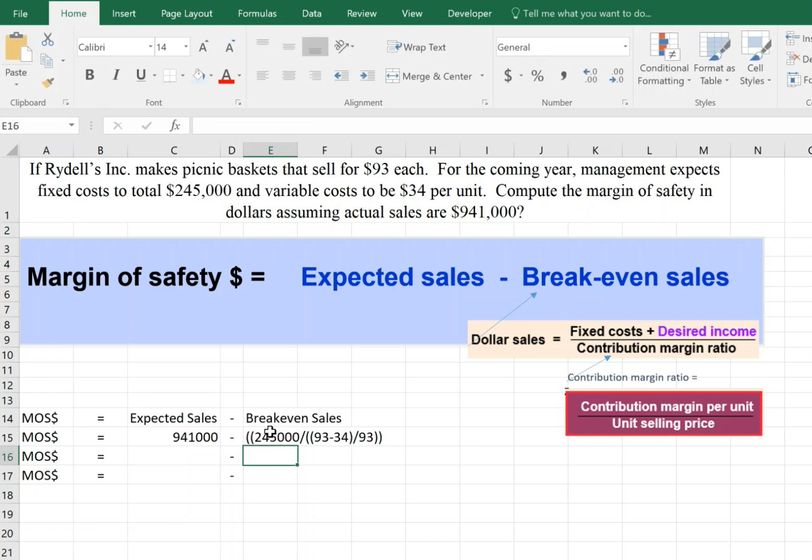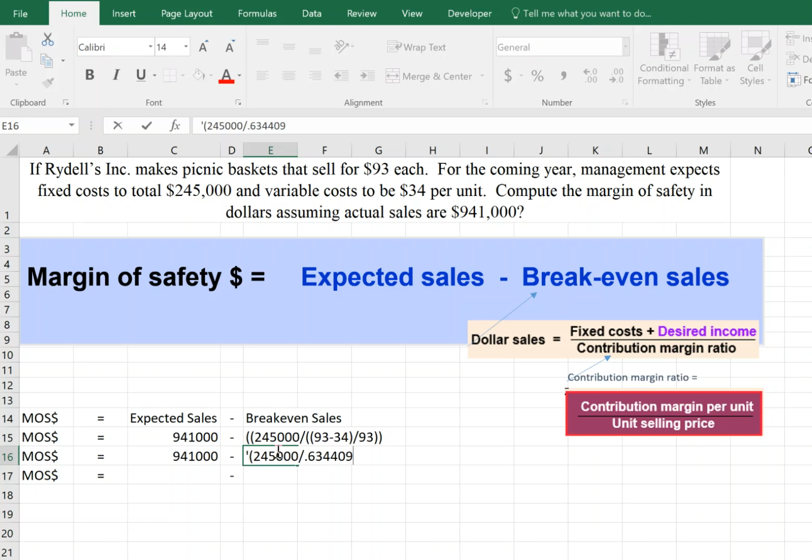So I'm just going to go ahead and enter that so you can see the actual formula. 245,000 divided by, again, the contribution margin per unit divided by the unit sales price. This is going to give me my contribution margin ratio. So I've got 941,000, and I'm going to not completely use Excel just yet to run the calculations. If you go ahead and plug that into Excel or your calculator, you're going to get a number,